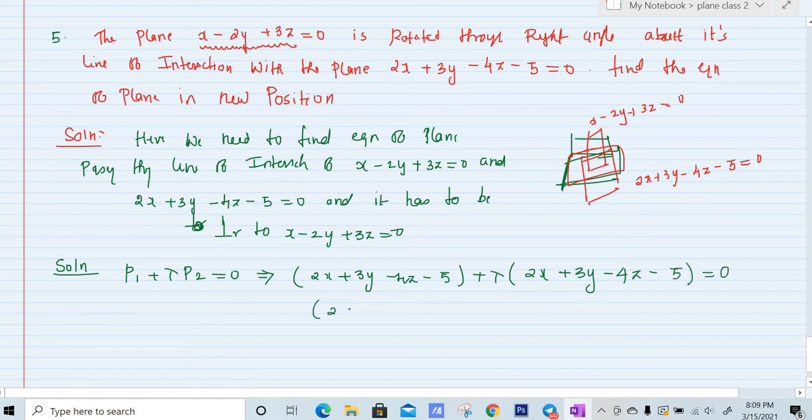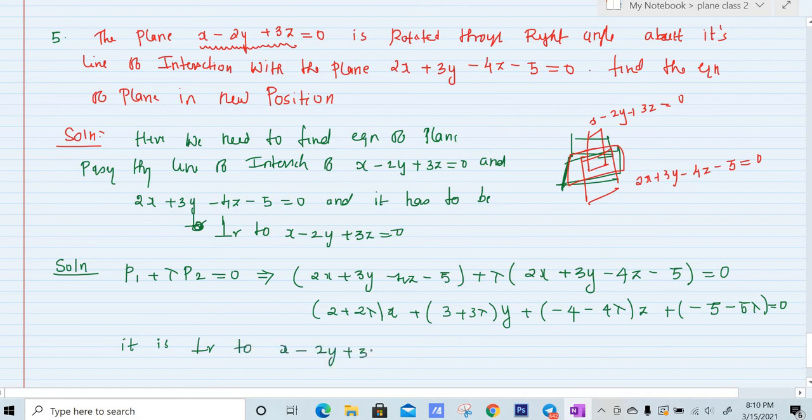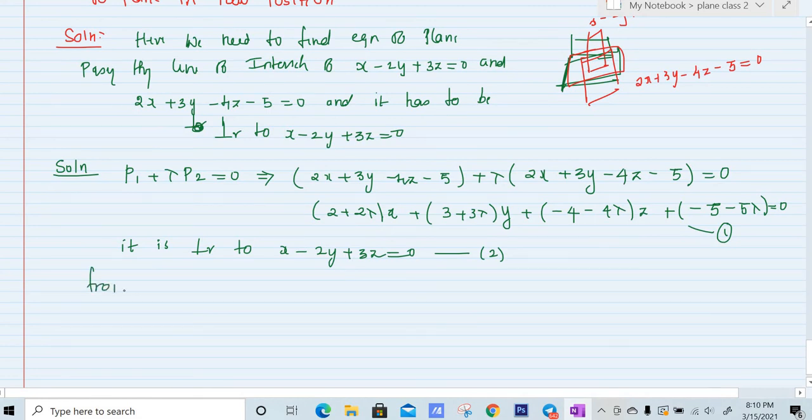Now if we take x common, we will have (2 plus 2 lambda) into x, (3 plus 3 lambda) into y, and here we will have minus 4 lambda into z, and the constant will be minus 5 lambda is equal to 0. Now it is perpendicular to x minus 2y plus 3z is equal to 0, because it is rotated to a right angle, right? Let us take this equation number 2, this equation number 1. So from 1 and 2,